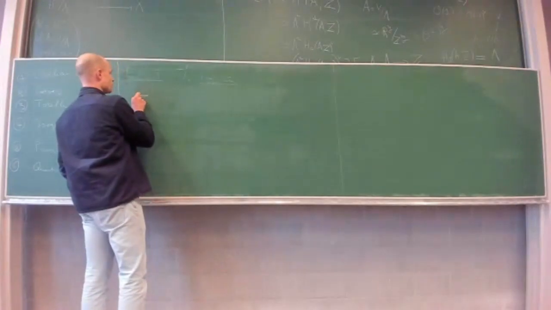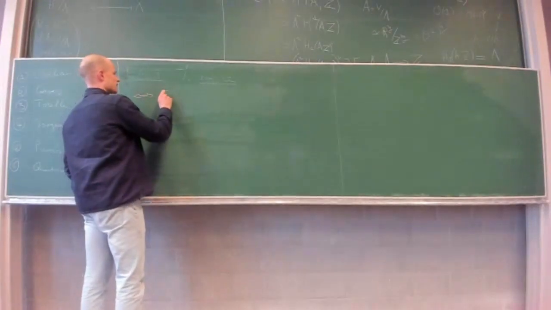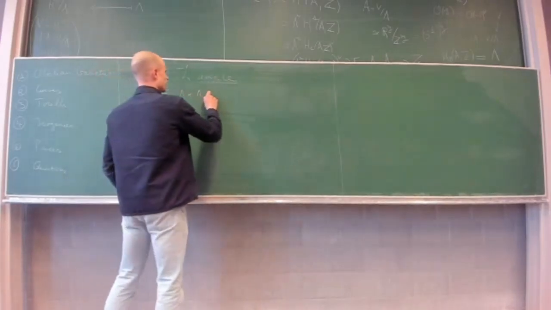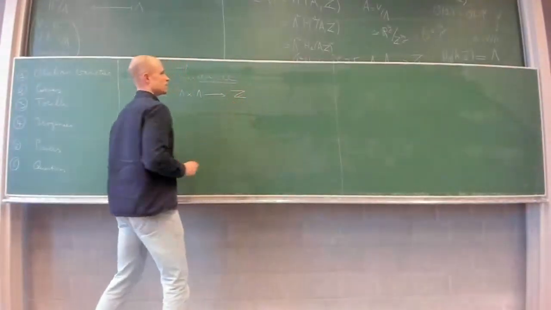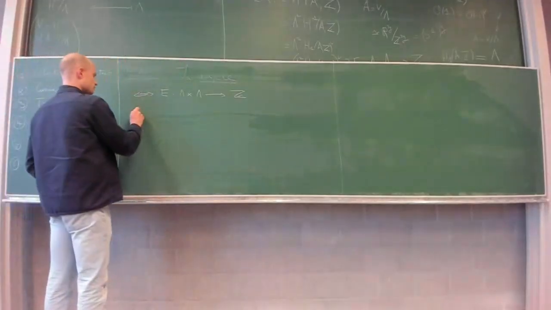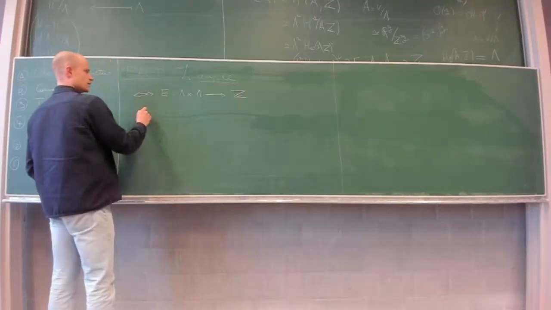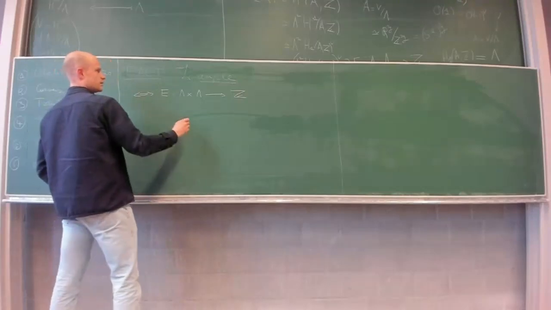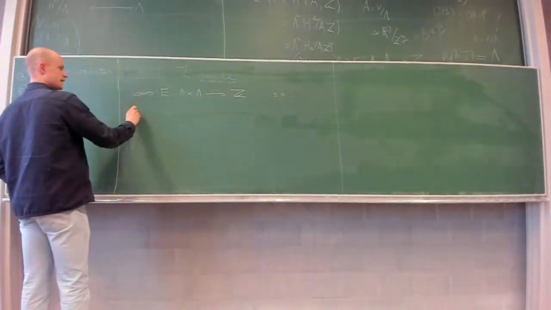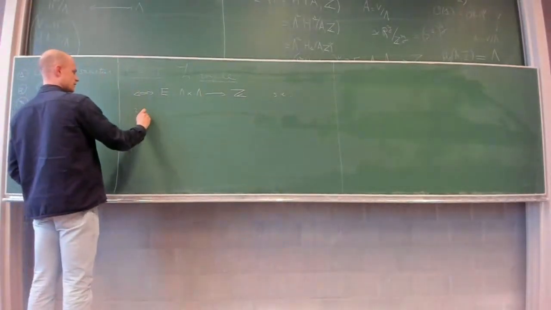That corresponds exactly to the fact that this alternating form E that we get on lambda satisfies that if we take the extension I times